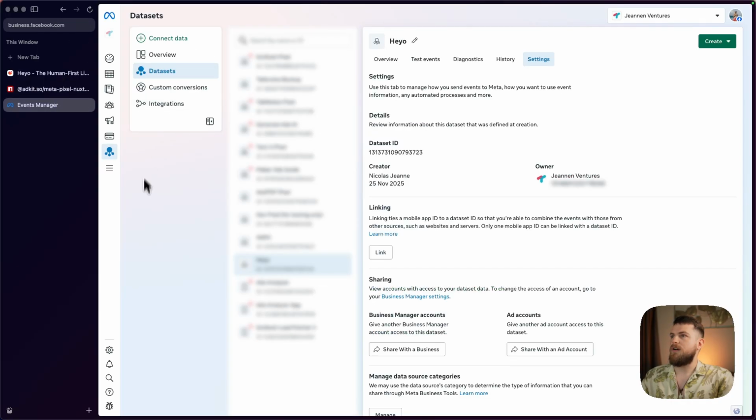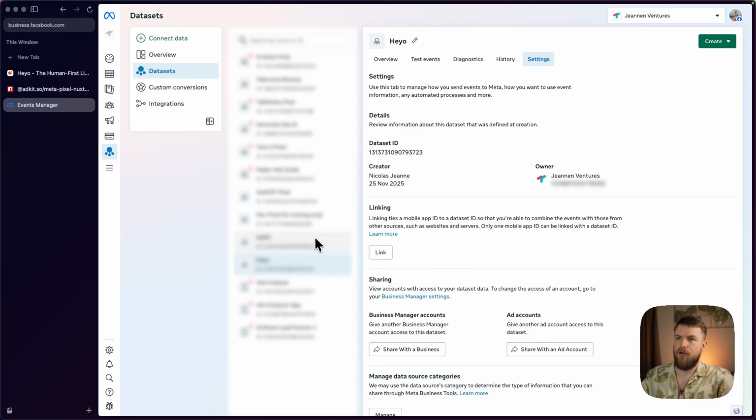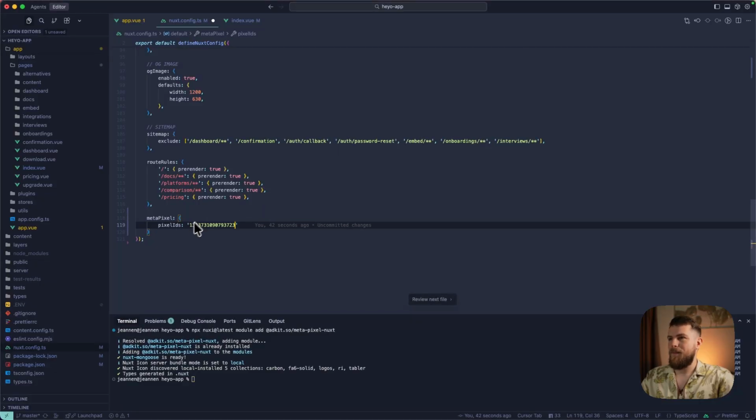You go into the Facebook Event Manager. I would assume you already have one pixel and everything created. I will have a different video to explain how to create the pixel and everything. I will put the link in the description when it will be available. But for now, just go into your Events Manager, you have a list here, it's blurred because there are lots of IDs, but select the one you want and you can just copy the ID here. It's going to be called either dataset ID or pixel ID. I know Facebook likes to play around with different names, but this is what you want. So I'm going to paste that here.